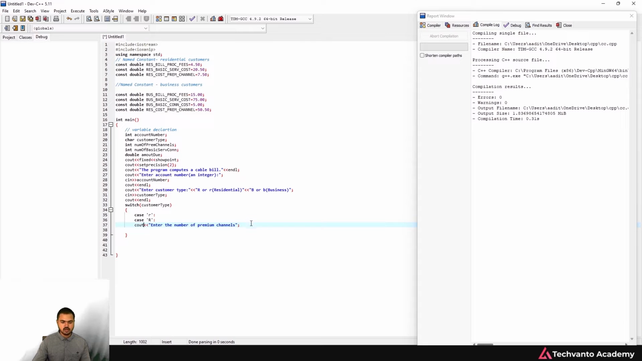Yeah, it's fine. Now you can read this variable, the number of premium channels. It's fine. Now you can do that one, and then after that you can do cout, and then after that you can use endl. So it's fine. Now what you can do is calculate the amount due for this one, the bill processing